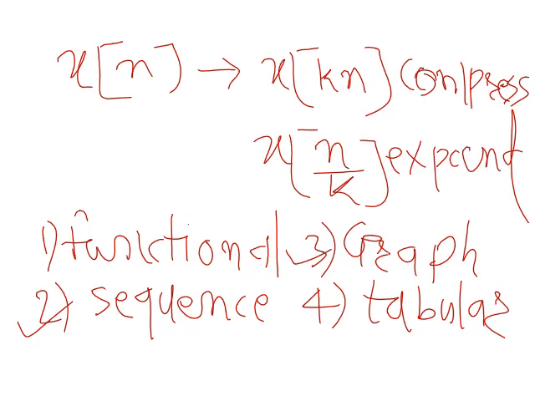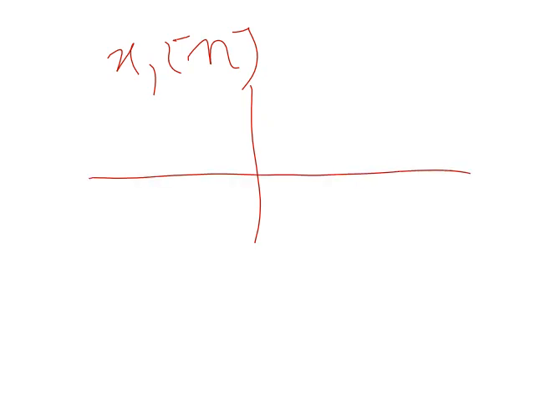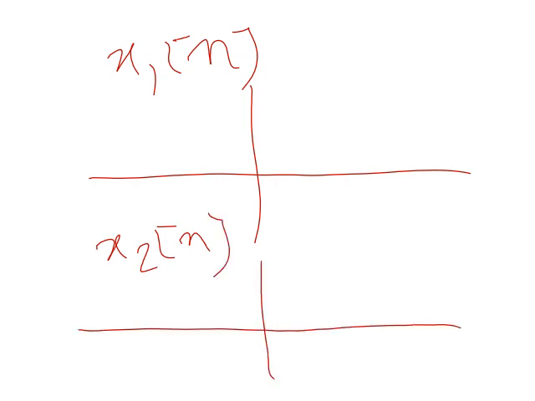And one more thing, we have discussed the addition of two signals, subtraction of two signals, multiplication of two signals. For that purpose, we have x1 of n, we graphically represent this. Then we have x2 of n, we graphically represent this next to x1 of n. Below x1 of n, we will draw the projections, and sample by sample we will find either addition, subtraction, or multiplication.